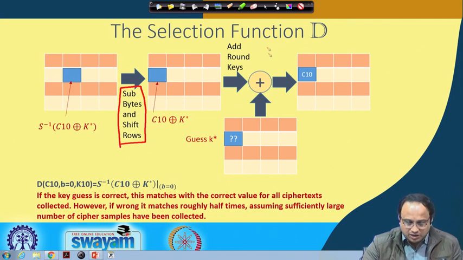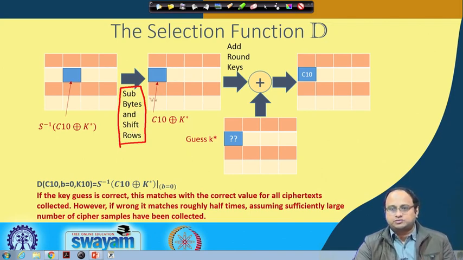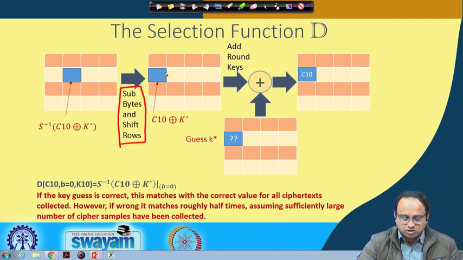Let us just recapitulate the algorithm. You have this state matrix, you perform the sub byte and the shift rows. Sub byte is just byte by byte substitution, followed by shift rows. In shift rows, the first row has no shift, the second row has a circular left shift by 1 position, the third row a circular left shift by 2 positions, and the final row a circular left shift by 3 positions. And then you do an add round key. So basically you XOR the secret key, which is again a 128-bit key, and you get the cipher.